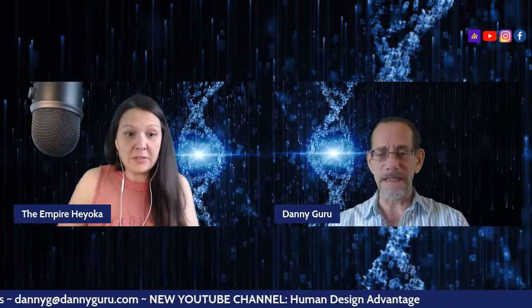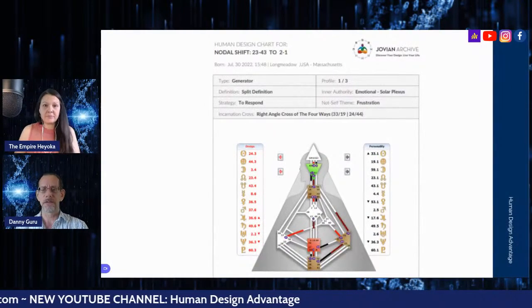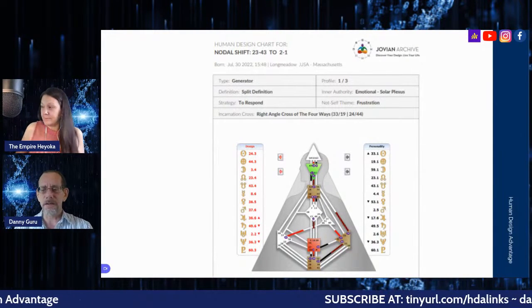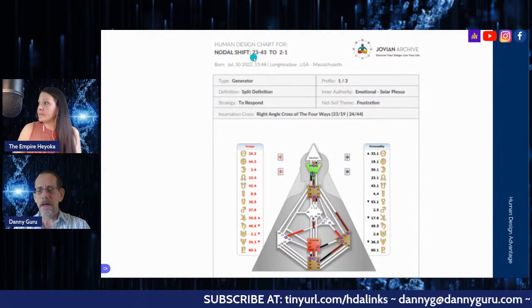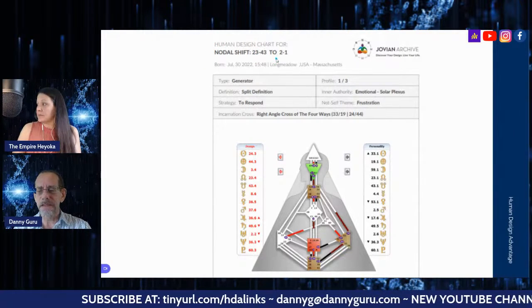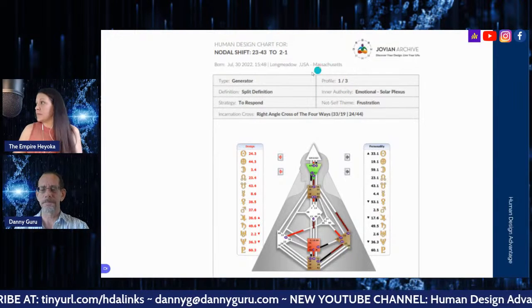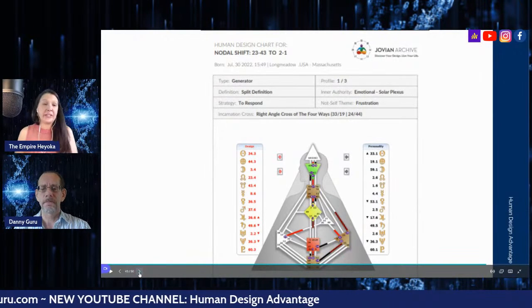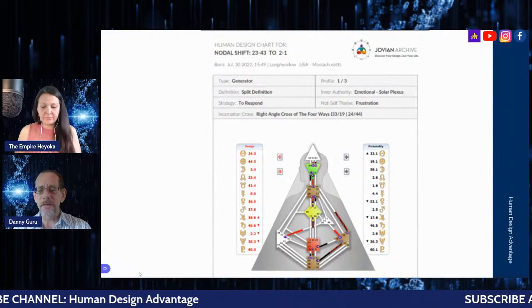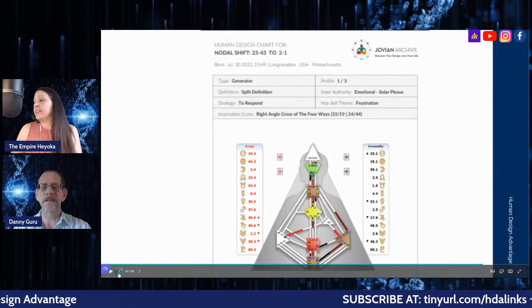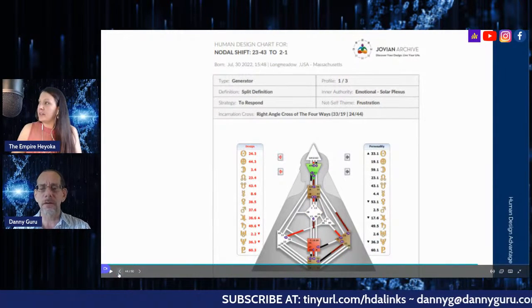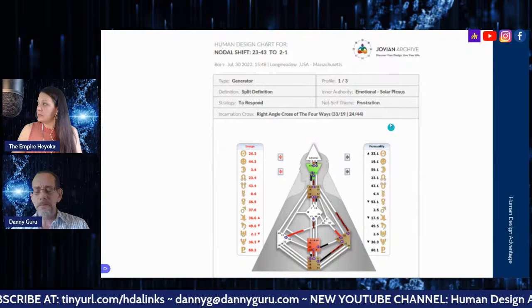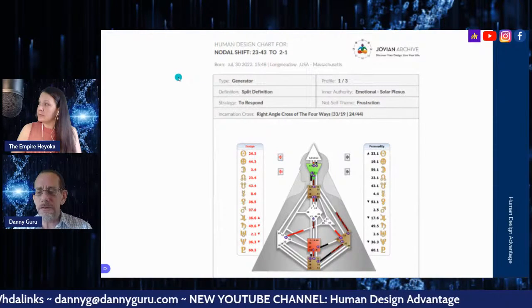So I sent you 2 PDFs and then 5 pictures or so. Yes, I got the PDFs up. Nodal shift. I would like you to notice the nodes on this body graph. Go to the one that's right before it. This one's the 1549, and this one was the 1548. This one says 43 to 2. Go to the 1548 one. This is the first one. So 1548, notice the nodes.